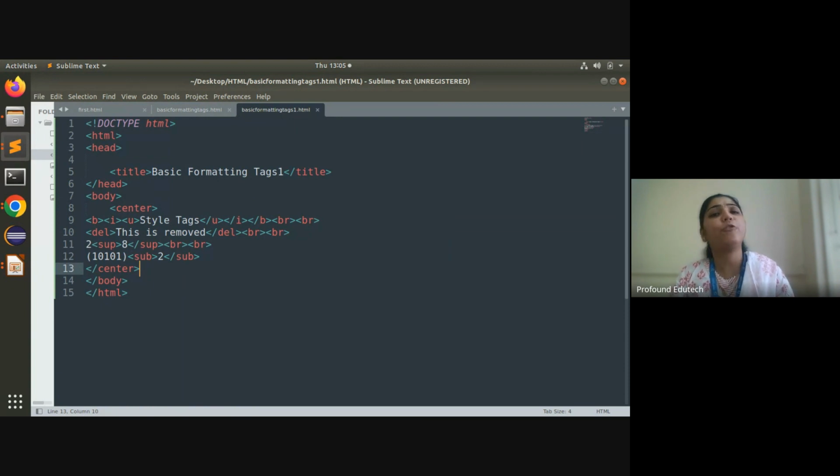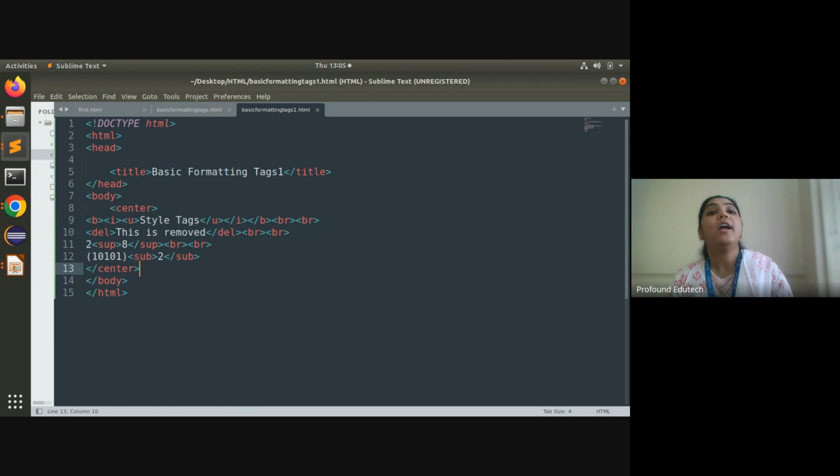There are more basic formatting tags like the article tag, header, footer, okay, then the code tag is there, the pre tag is there, okay, then the em tag is there, the strong tag is there, the ins tag is there. Such different tags are present in HTML, as well as there are different advanced formatting tags, like